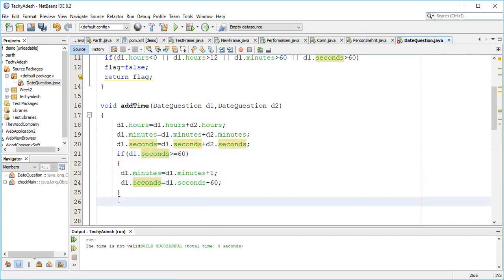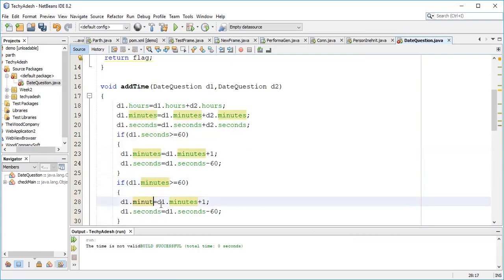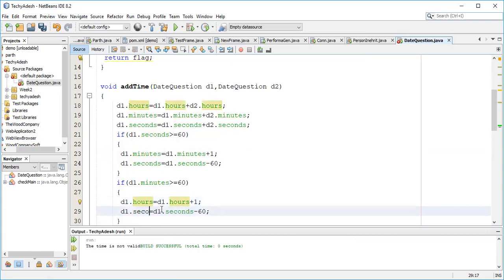Then similarly, I'll do this task for minutes as well. For minutes, what I'll do is, if minutes are greater than 60, they will be converted into hours. Similarly, these minutes will be reduced by 60, right?